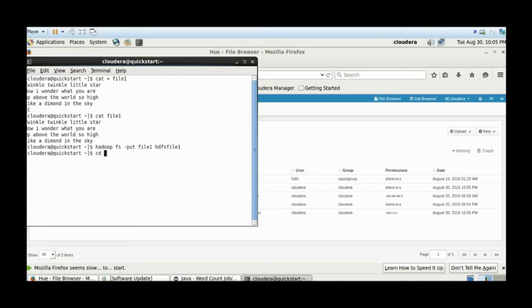Next step is we are going to go to this directory workspace, because our jar file is present in the workspace directory. So we'll type the command cd workspace. You can see the wc.jar file we have created in this directory. Now type in this command to run the program: hadoop jar wc.jar word count